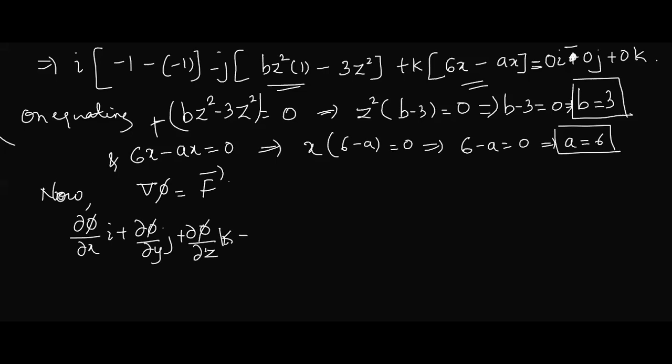Now I'm going to solve this part, very interesting. Just listen to this. If you understand, it looks very simple. If you don't understand, never will it be clear. Just give attention. This is my del phi is equal to f. While writing f, you write by substituting the values of a and b, otherwise it remains as unknown. Got it? Tell me what is f after substituting a as 6 and b as 3?